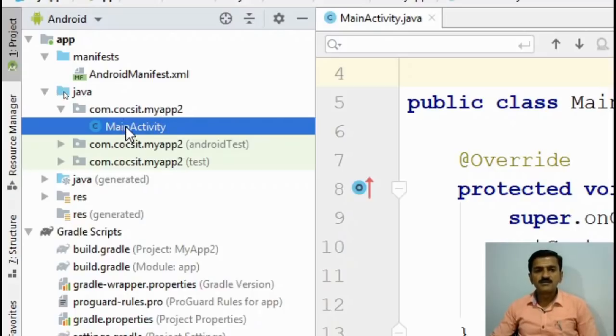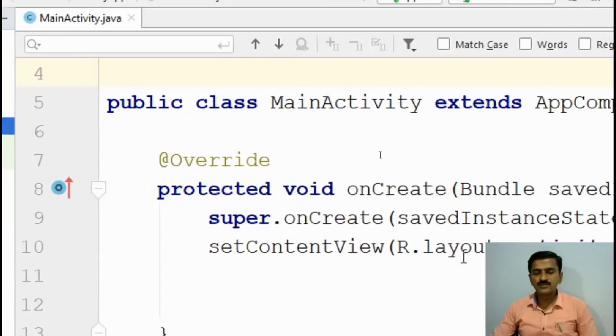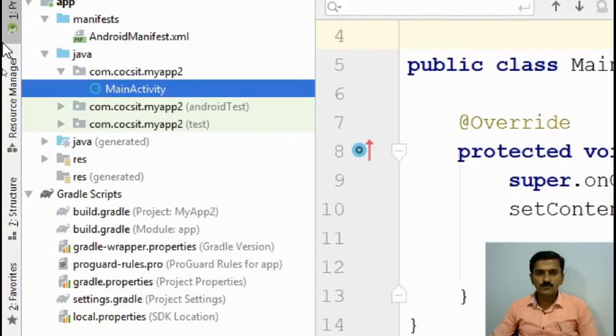Then inside that MainActivity.java file is there, which consists of the Java code. The two other folders are added for Android test purposes. Then again the Java folder is there, which consists of the generated code.